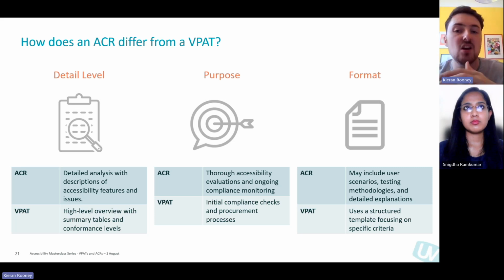So it helps organizations determine if a product meets basic accessibility requirements. And finally, the other difference is the format. So there's no set template for ACRs. This means that ACRs can be more customized to include various elements such as user scenarios, different testing methodologies, and more detailed explanations. So the lack of a standardized template allows for this greater flexibility and enables reports to provide